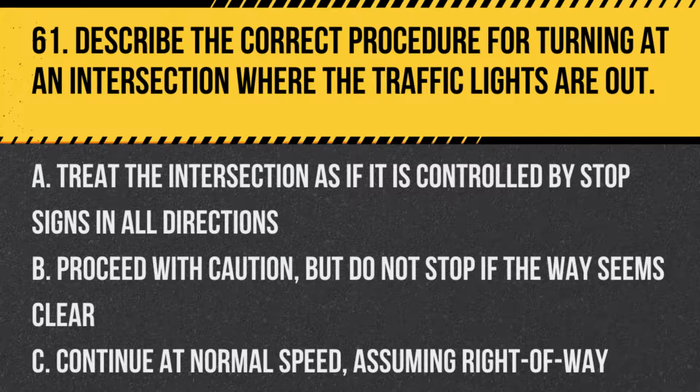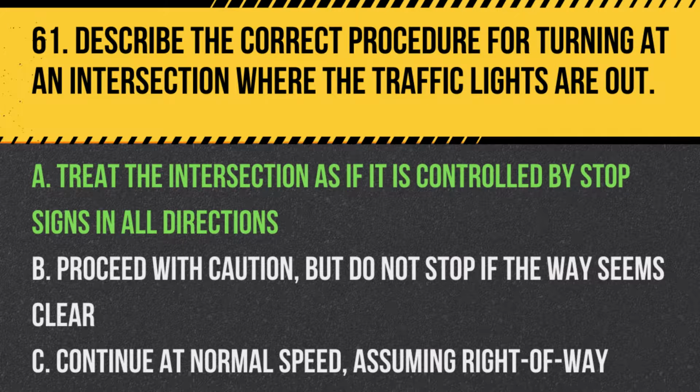Question 61. Describe the correct procedure for turning at an intersection where the traffic lights are out. A. Treat the intersection as if it is controlled by stop signs in all directions. B. Proceed with caution, but do not stop if the way seems clear. C. Continue at normal speed, assuming right of way. Answer A. Treat the intersection as if it is controlled by stop signs in all directions. This ensures all drivers approach the intersection with caution and yield to those who arrived first or are on the